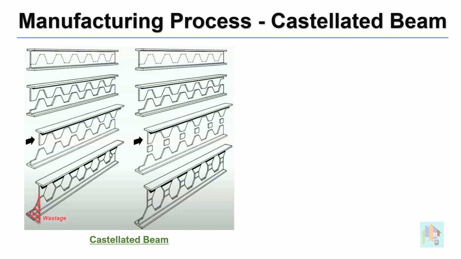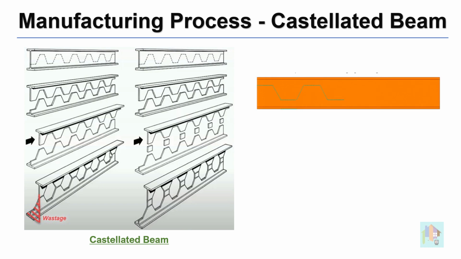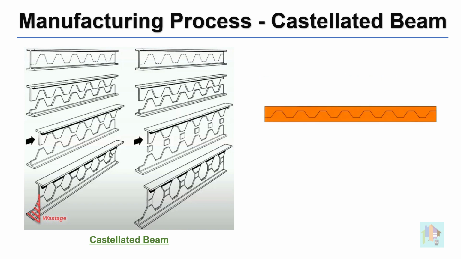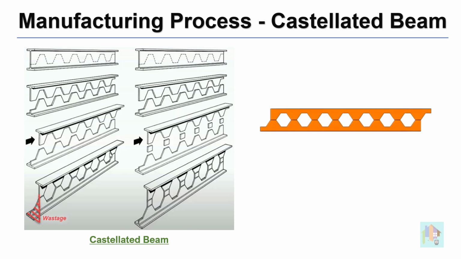For castellated beams, first a hot rolled section is cut along the length in two pieces in a proper pattern. This cutting is normally performed using computerized equipment with trained professionals, either on site or in fabrication shops. As you can see, the web of the section is cut in a proper pattern and then these pieces are separated. Next step, arrange these sections in such a way that the pattern matches and then both of these pieces are